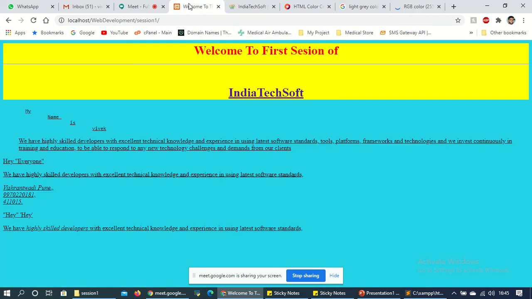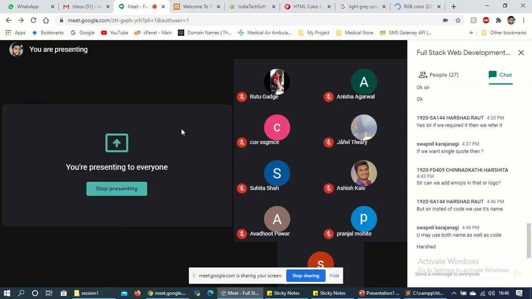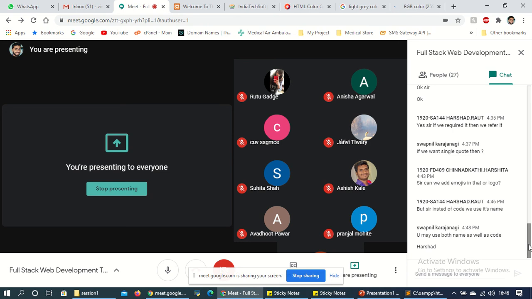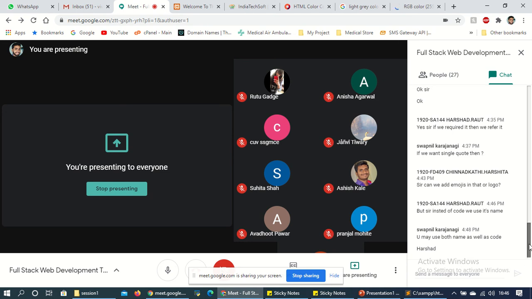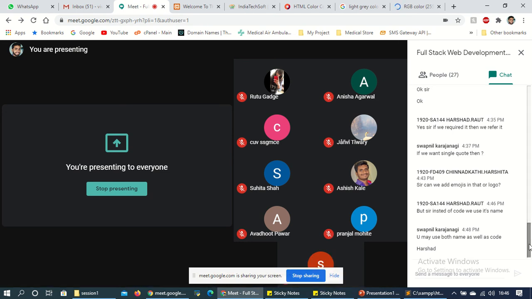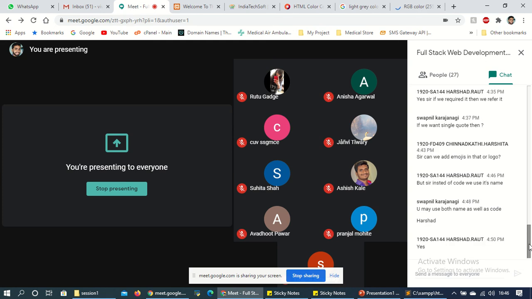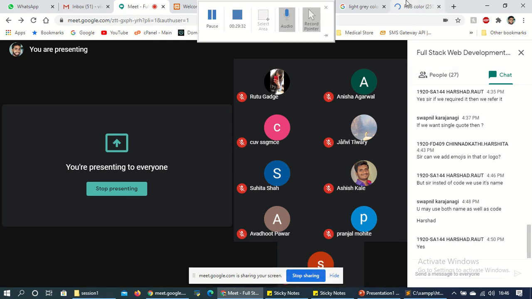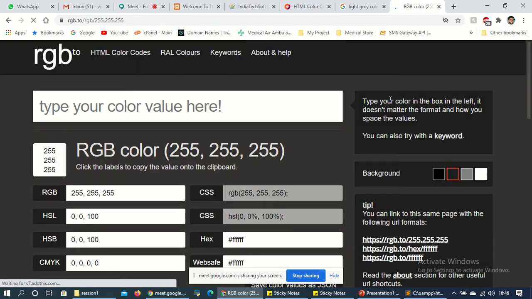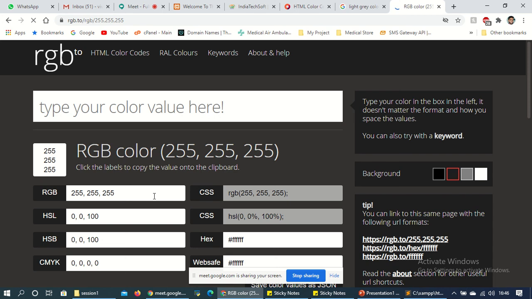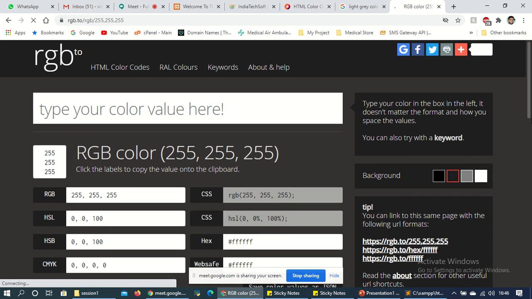But you can use some primary colors like red, green, black, blue, whatever we have learned in 5th class or till 7th standard. So write 10 color names, so that you only remember the names. Here you will find all the color codes. Here you can match a color code and change it. So these are the websites.